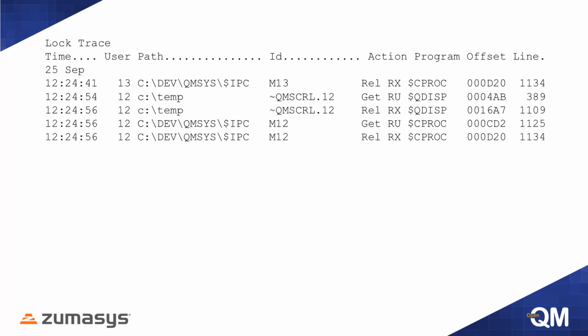Here's a very, very brief extract again. A typical lock tracer has thousands and thousands of lines, but this time we've got the left-hand column, the timestamp at which this occurred. We've got the user who caused this lock event to occur. We have the path name of the file involved, the record ID within that file,